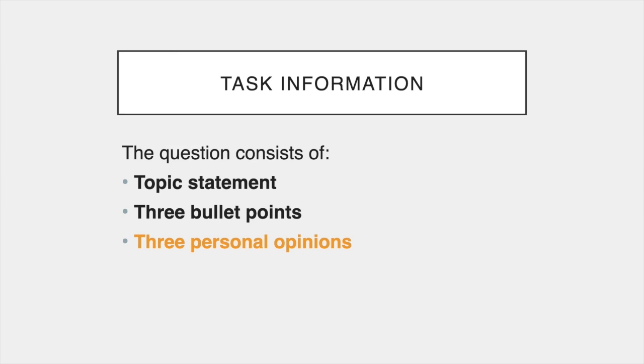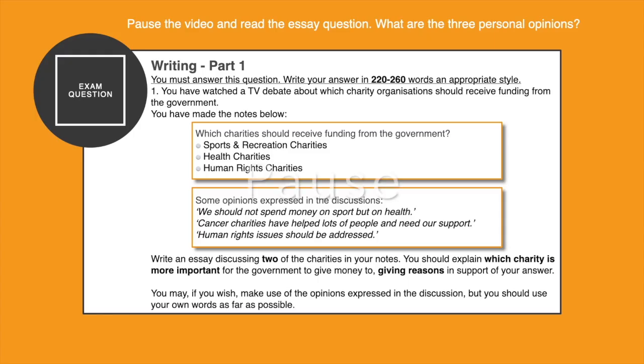Further task information. In the essay question, you will also find 3 personal opinions. These are the beliefs or ideas that you noted down in relation to the 3 bullet points. So again, pause the video and find the 3 personal opinions. And the 3 personal opinions are